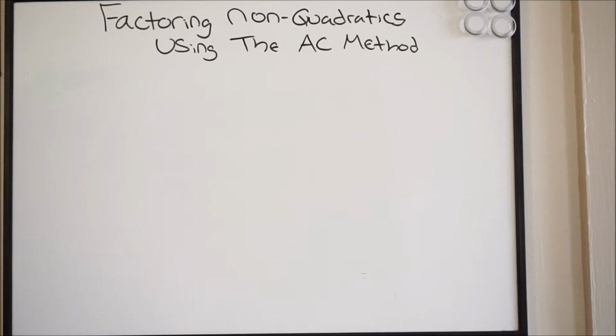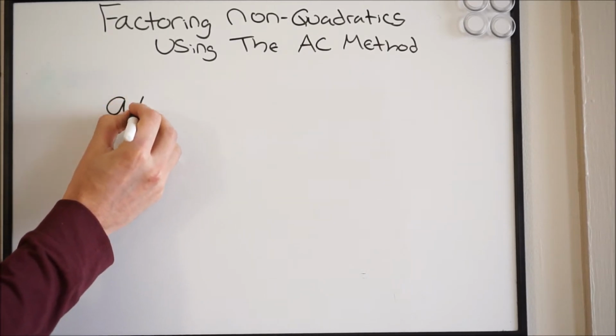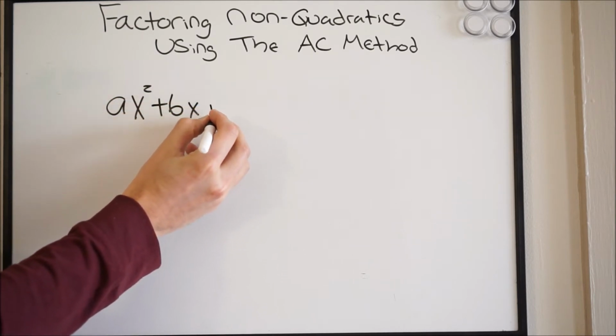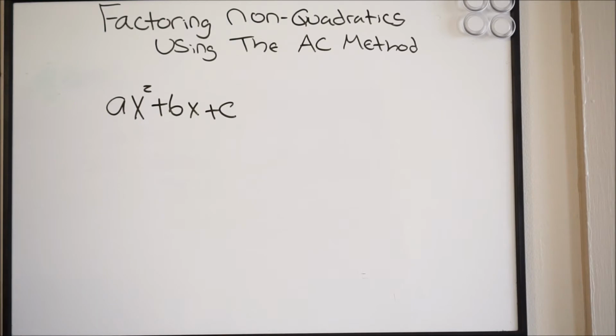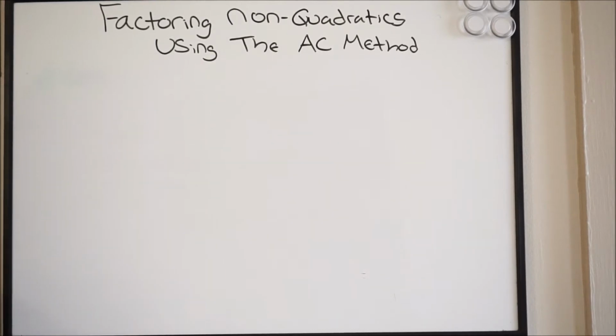Now remember, the AC method is specifically for quadratics, and if you forgot what a quadratic is, we can write it in the form ax squared plus bx plus c. That would be considered a quadratic. Well, we can actually factor non-quadratics using the AC method. Alright, so I'm going to erase this, and we're going to start with a problem such as